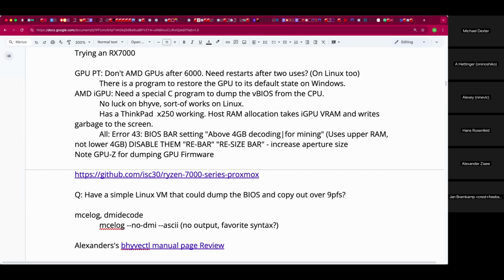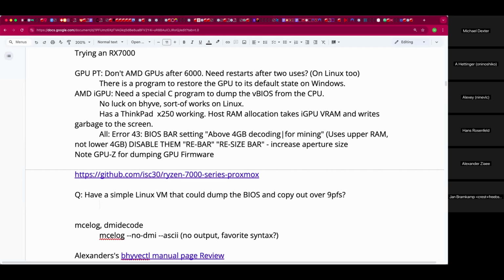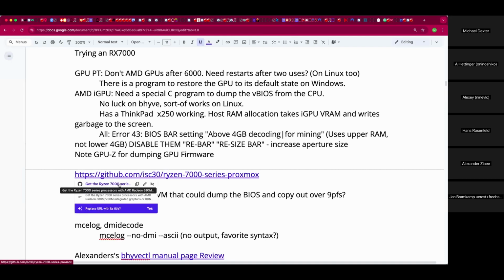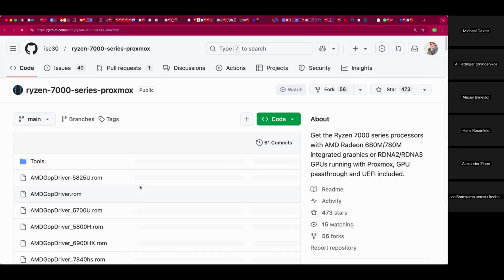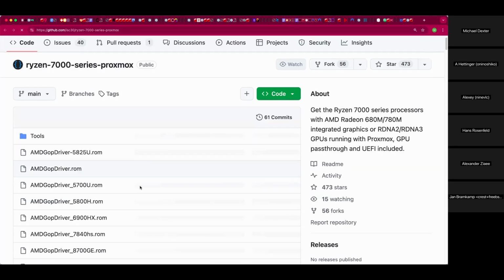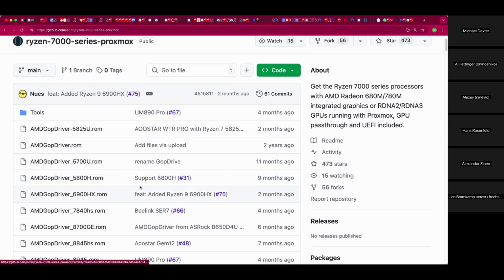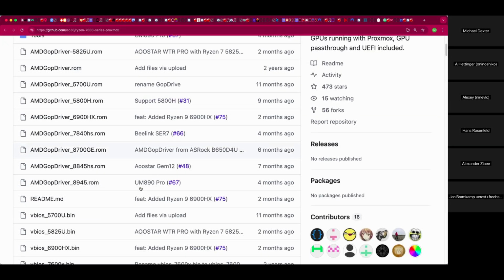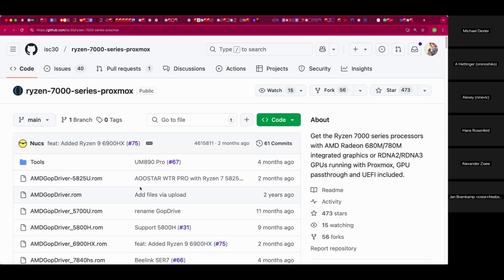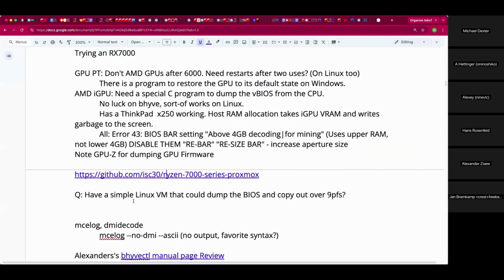Especially for NVIDIA cards, if you don't mind not getting video until the driver has attached, I found that at least back then on a GTX 1080 Ti, it was possible to specify the PCI device in the guest for Linux and FreeBSD, and then the NVIDIA driver would attach to the unconfigured GPU. Hans, set us straight. Integrated GPUs, is that what we're talking about? No, we're talking about something else entirely.